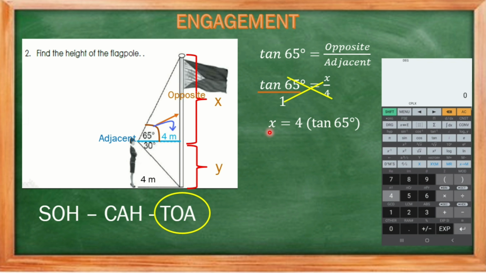This time, dahil side lang naman ang hinahanap natin, hindi na natin kailangan i-press yung shift. Okay, so ang gagawin lang natin, ipa-press lang natin agad yung 4, tapos open parenthesis, tan, and then 65 degrees. So, pwede naman hindi nyo na-press yung degrees. Same answer pa rin ang lalabas. Okay, pero kung gusto nyo, okay lang din naman. Then, pagkatapos, close parenthesis. So, kahit hindi nyo na-press yung equal, automatic kung anong lalabas dun, yun na yung answer ng X natin. Okay, so ganito yon. So, 4, open parenthesis, tan, then 65 degrees. Yan. Ayan, so we have